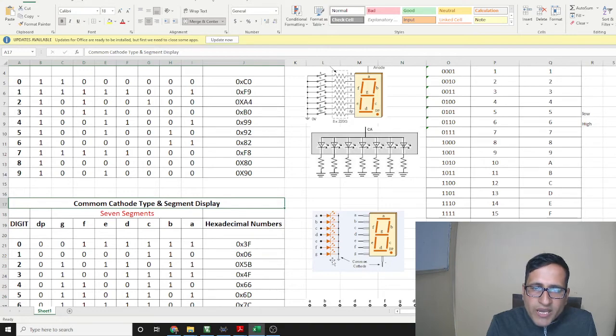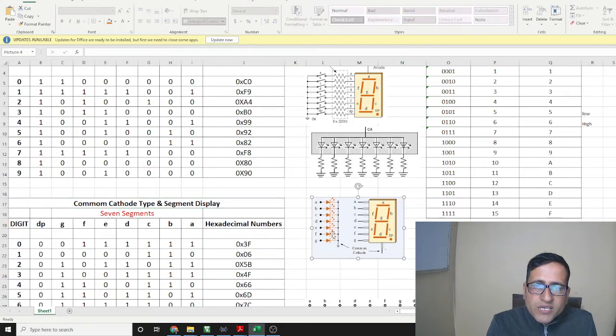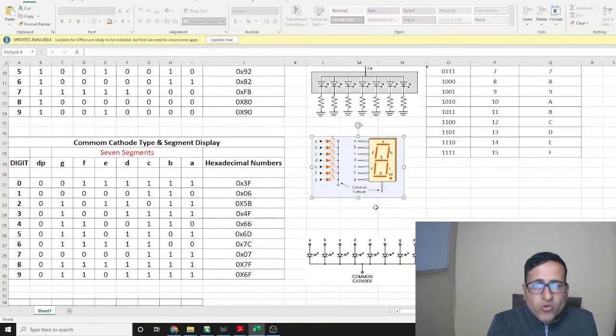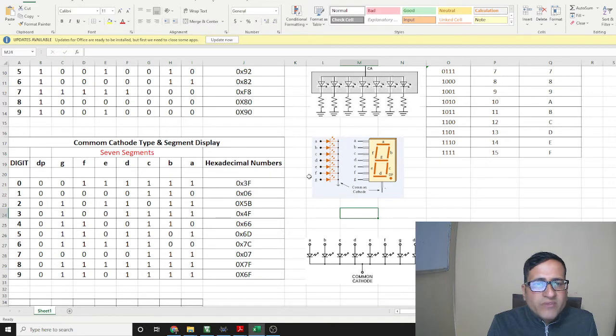Here all these N or cathodes you can see are common, and in the common anode type we have all anodes common. So to glow the corresponding segments A, B, C, D, E, F, G, we have to give the high values.